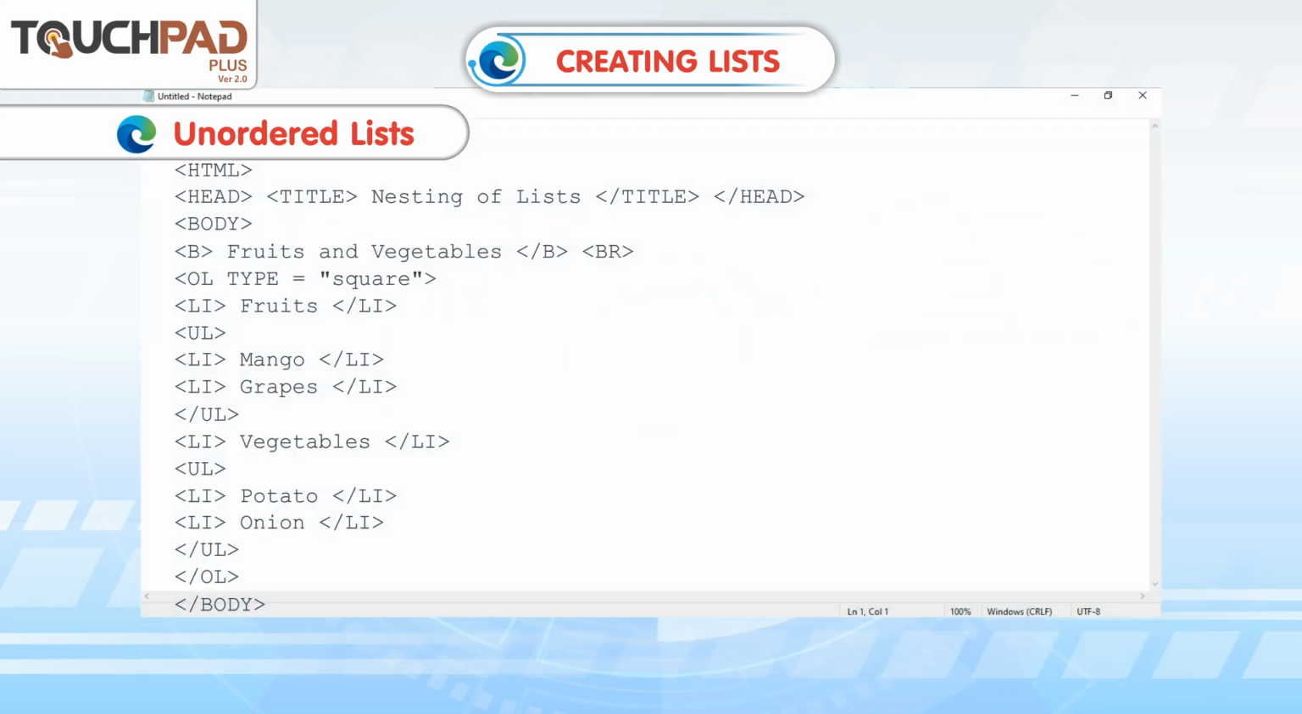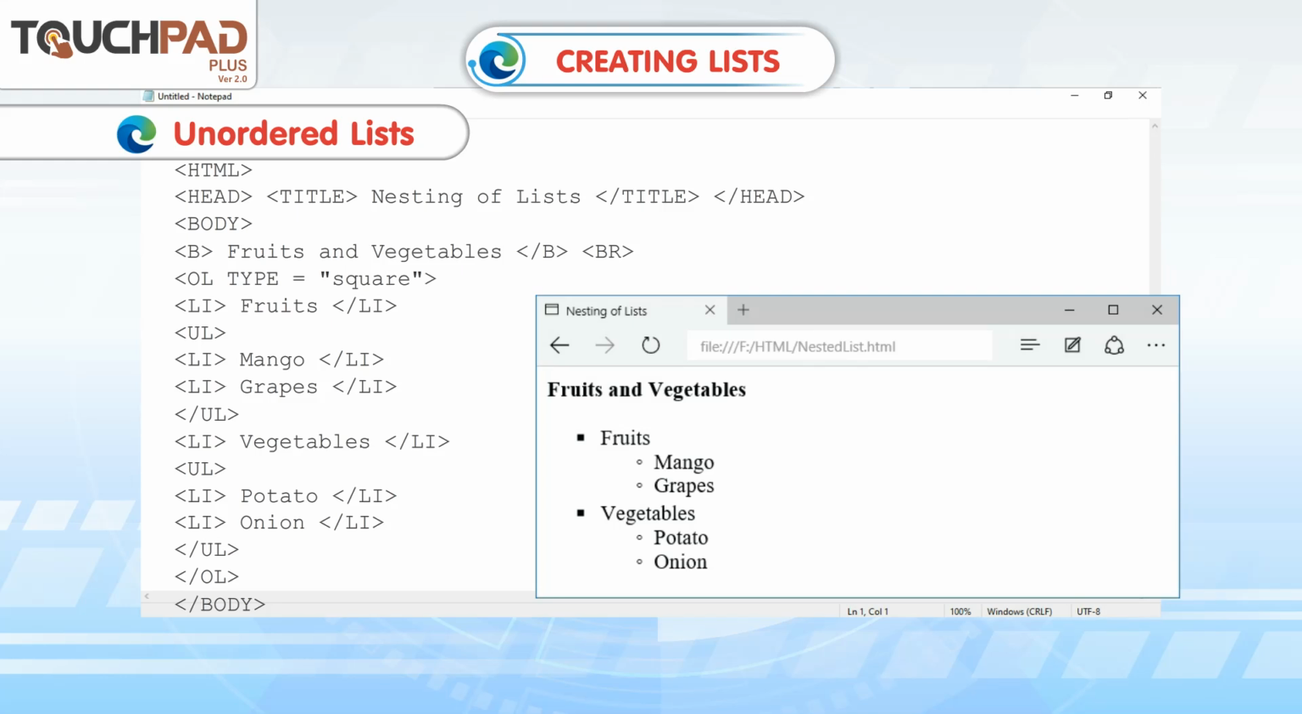Open HTML tag, open head tag, open title tag, nesting of lists, close title tag, close head tag, open body tag, open B tag, fruits and vegetables, close B tag, open BR tag, open OL type equal square in double quotes, open LI tag, fruits, close LI tag, open UL tag, open LI tag, mango, close LI tag, open LI